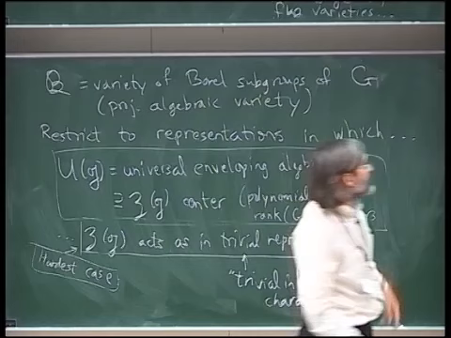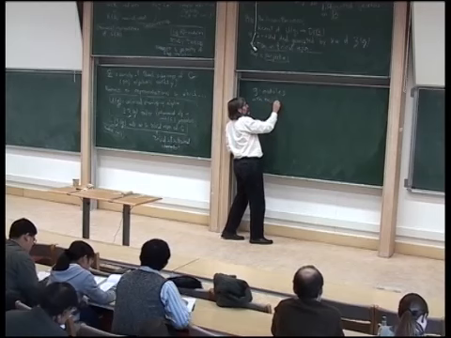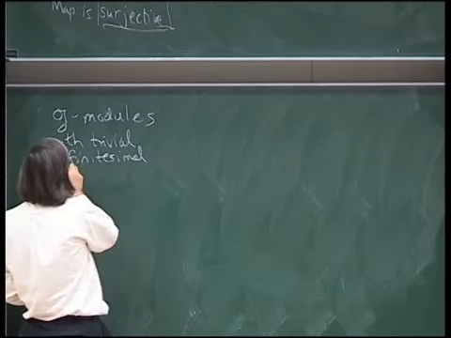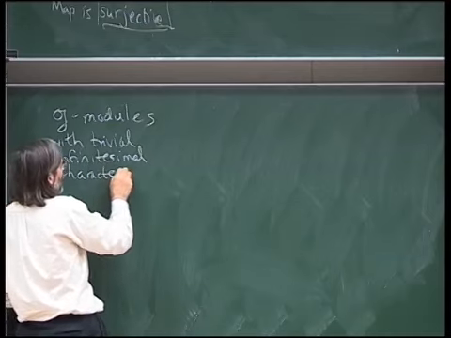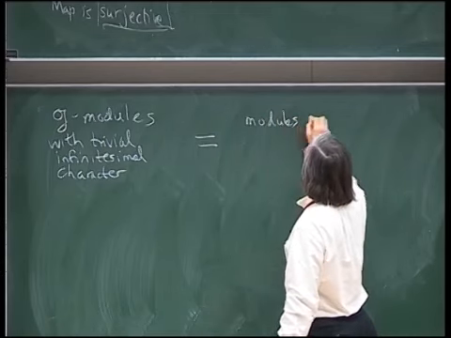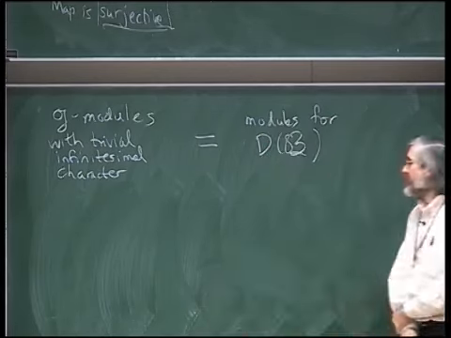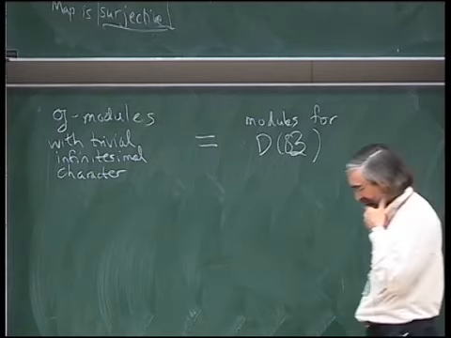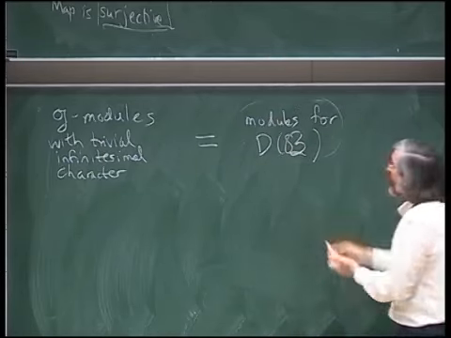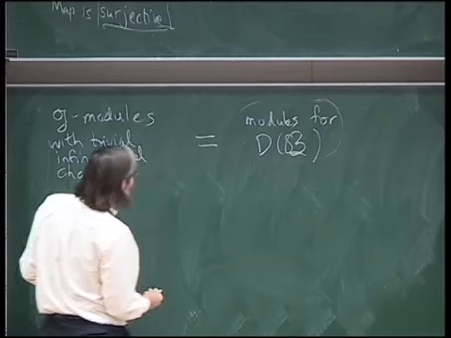So what this proposition says is that G modules with trivial infinitesimal character are the same thing as modules for this algebra of differential operators on B. And what Beilinson and Bernstein understood was that